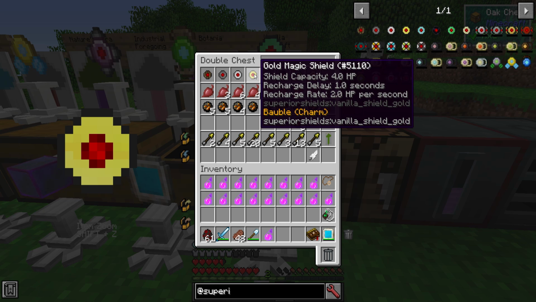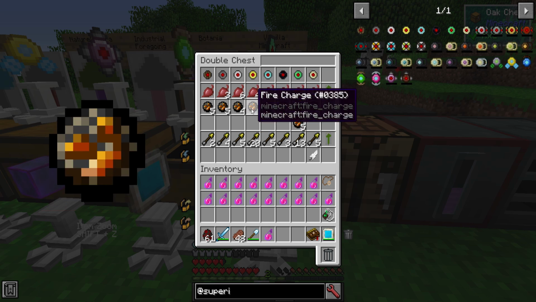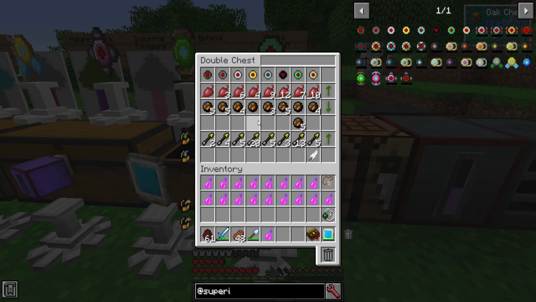This one here is actually one of my favorites because it has such a low recharge delay, 1 second, and it recharges 2 hit points per second once it recharges. Now it only has a couple, like 4 health worth, but that means that in battle, if you can break away for 1 second, you'll have regained yourself some health on the shield itself to be able to survive further